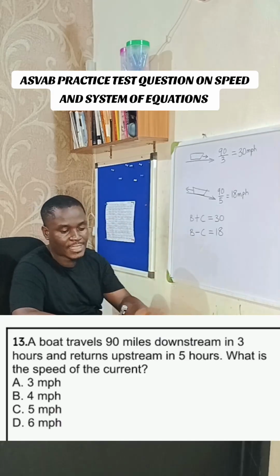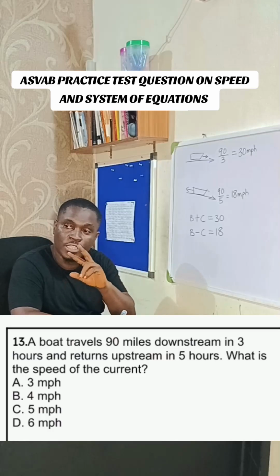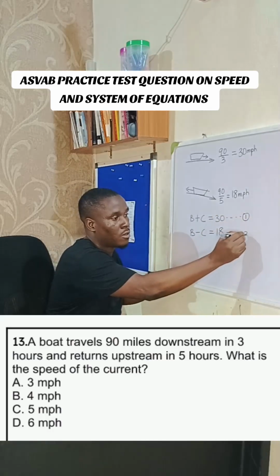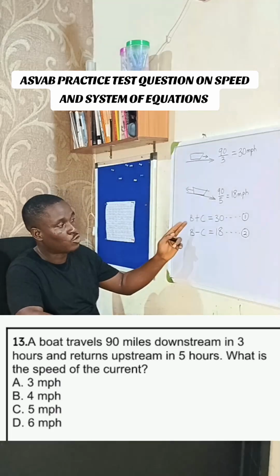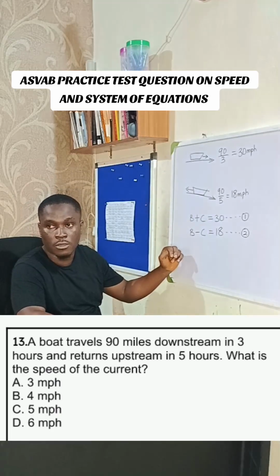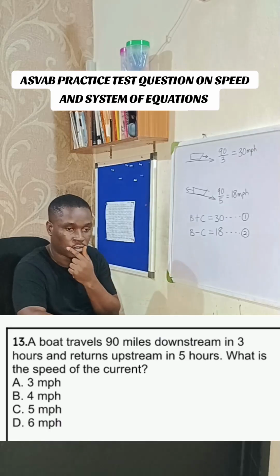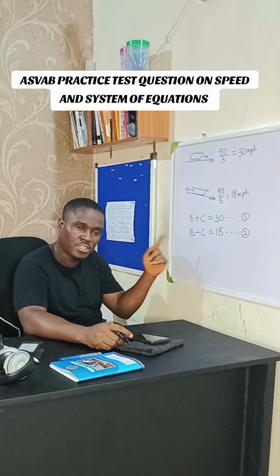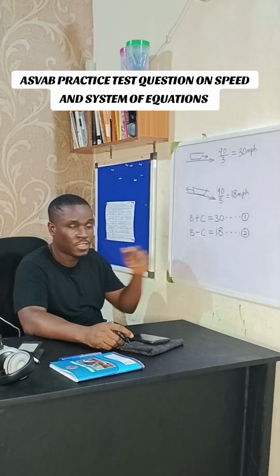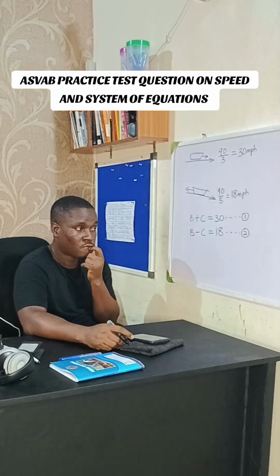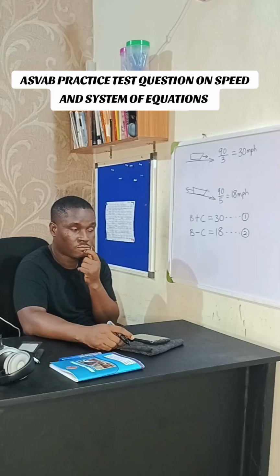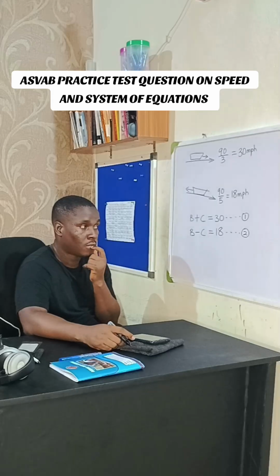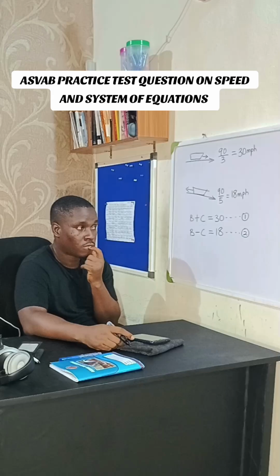So now they're asking us about the speed of the current. Remember when we did those two equations, system of equations, where we had to substitute into the second one? Can you remember how to solve it? Will you be able to solve this using that same process to find what C is? So with this one, based on what we have on the screen right now, I can take